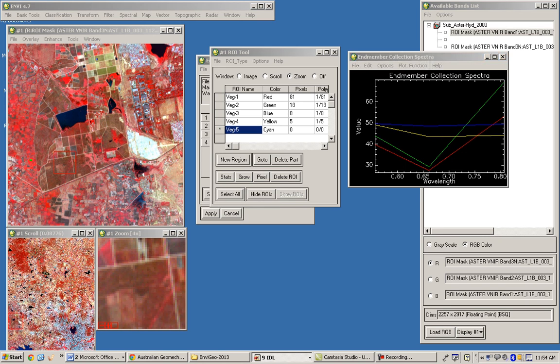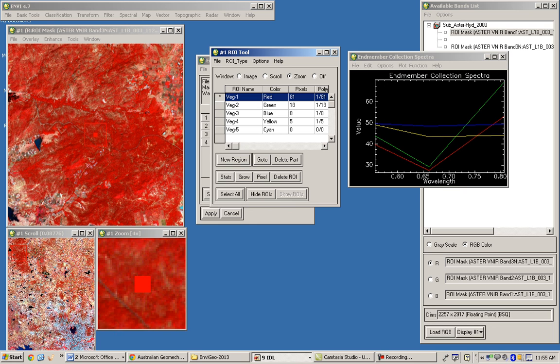Can you just click on this red ROI, then it will show you on the image where you have collected the sample. I have collected the sample where the vegetation is more dense, that is the forest area in my study area. So it is full of vegetation. But can you see this green and red color? What exactly does this green mean? Can you collect these green patches? We will try to see how we can interpret it.